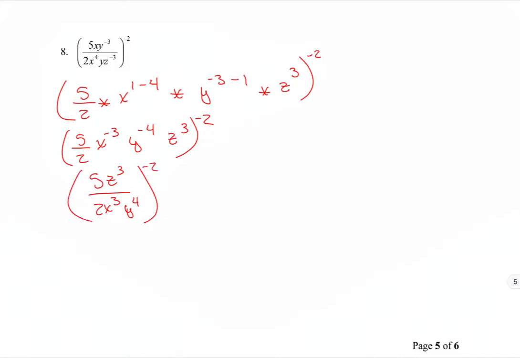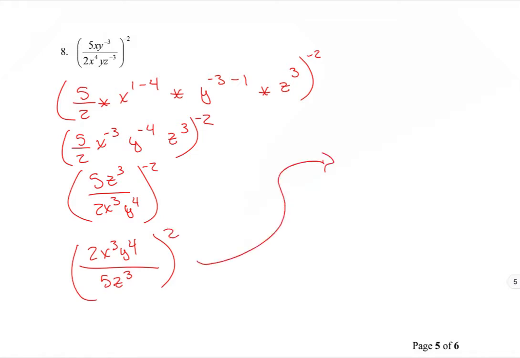Now, the negative exponent flips it, and I wish y'all could see me because I'm actually flipping it with my hands. 2x cubed y to the 4th over 5z cubed, and now I'm squaring everything,